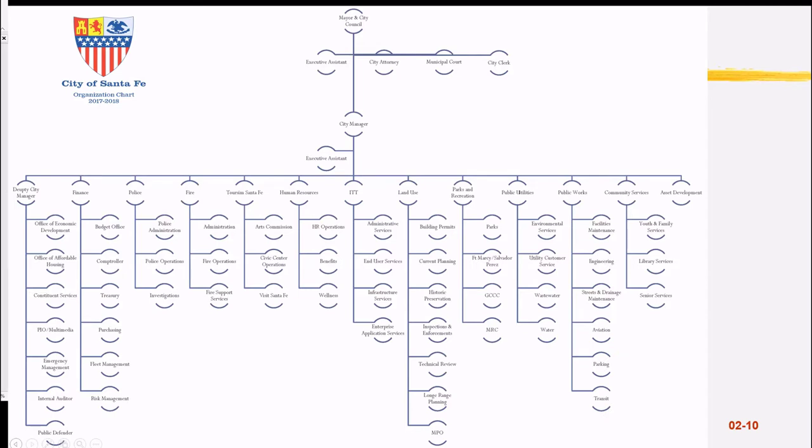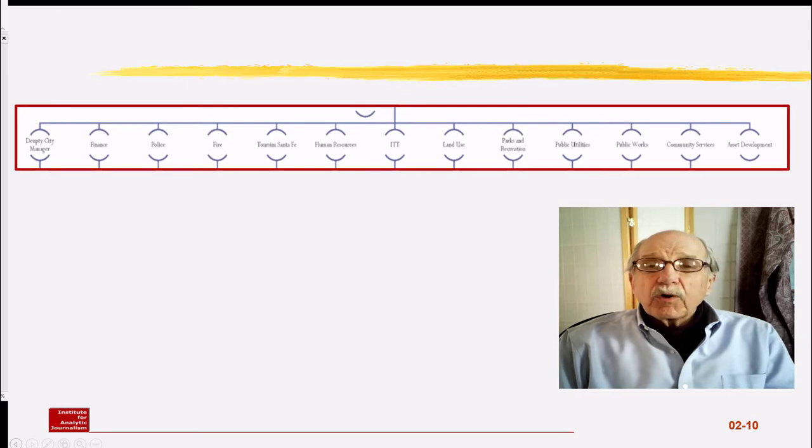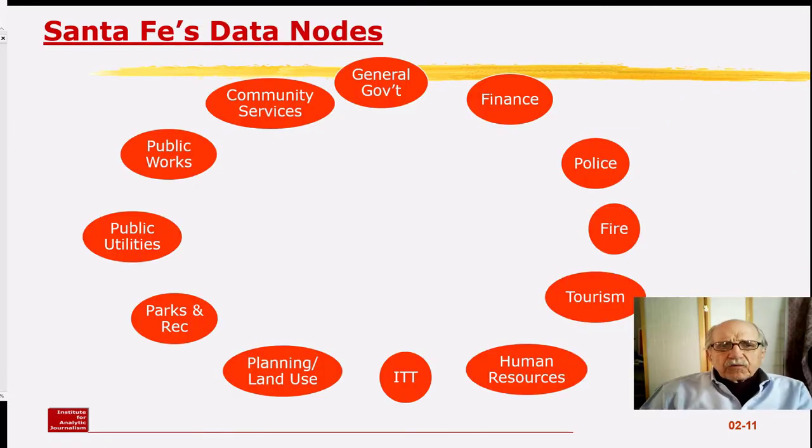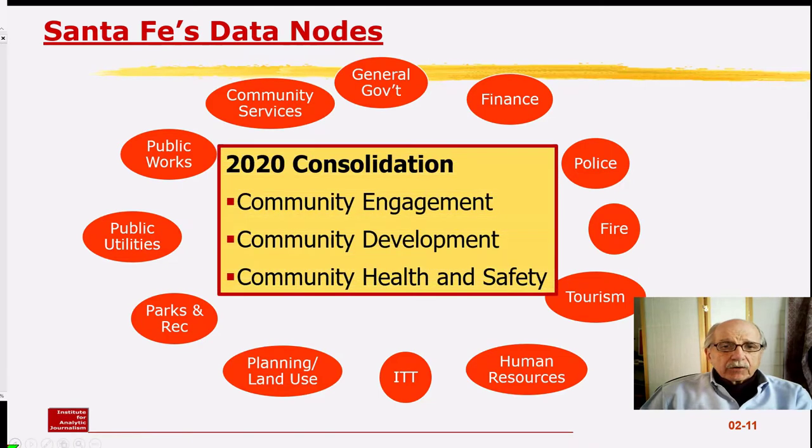It's a flock, a herd, a gaggle of administrative silos. Of those 72, somewhere between 13 and 15 are what seem to be major sections of authority, and that means major mother lodes of narrowly defined data applications and data sets. The city of Santa Fe still has 12 of what I would call major departments, each of which has between 3 and 7 subdepartments. All of the 12 were somewhat reorganized in 2020 under 3 major categories: